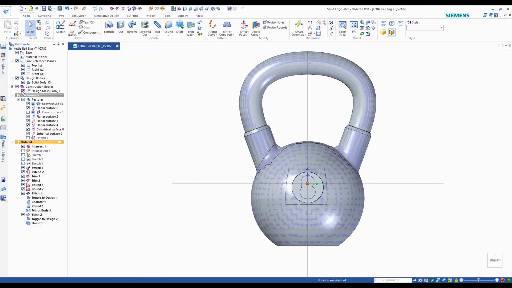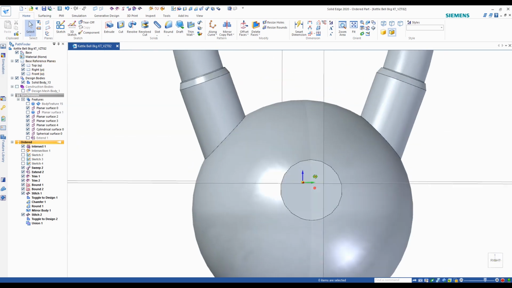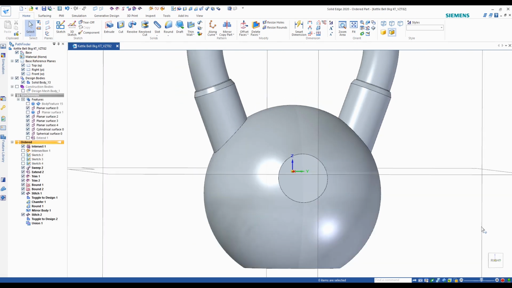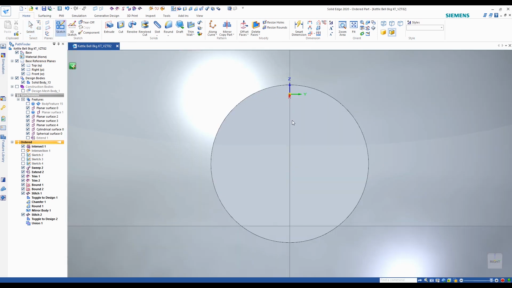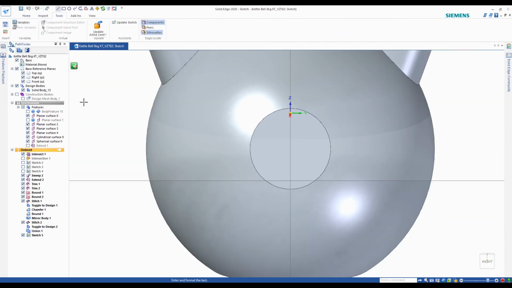Now it's just a matter of small little features like the number 8 cutout, some of the cutouts in the bottom. So we'll start with that number 8 cutout. I want to create a sketch on that flat plane there. I'm going to go to my Tools tab, Text Profile,